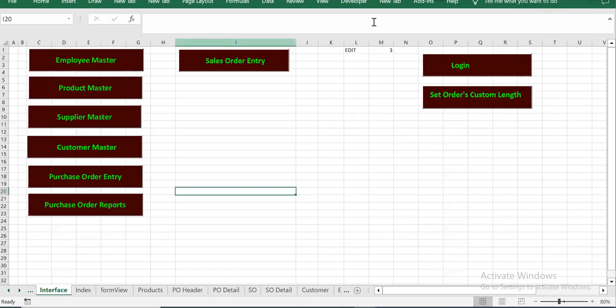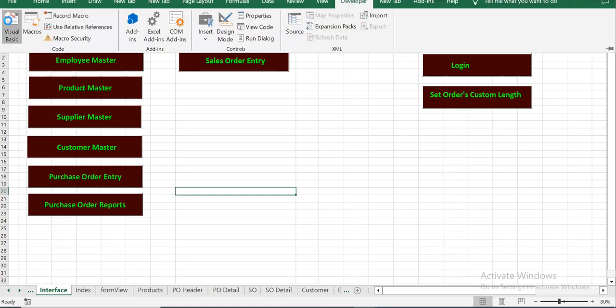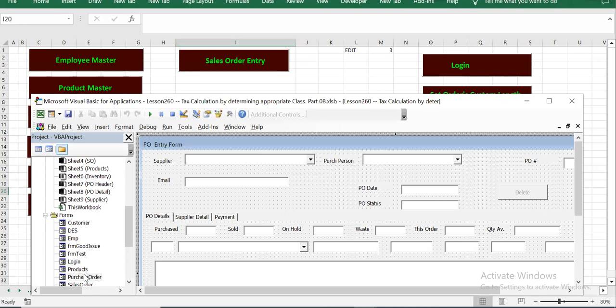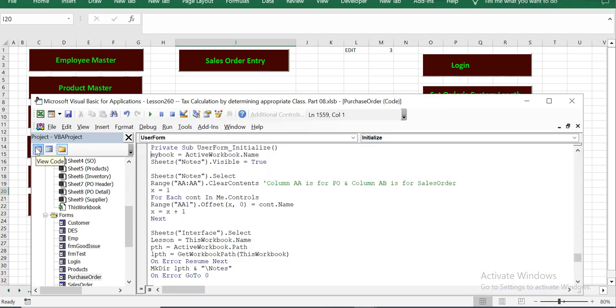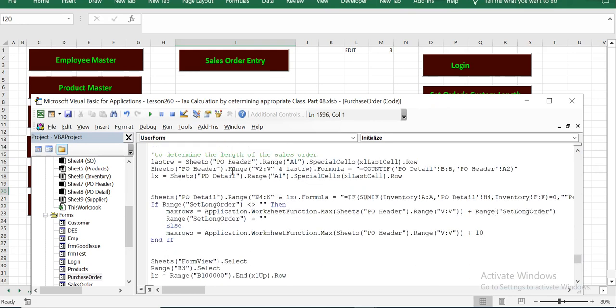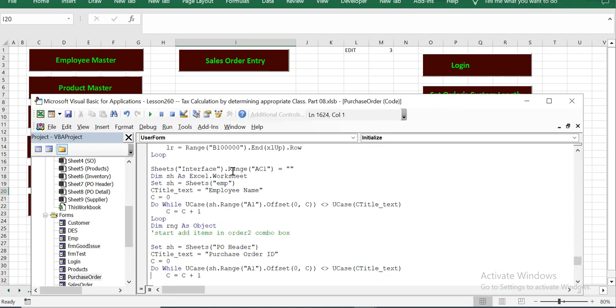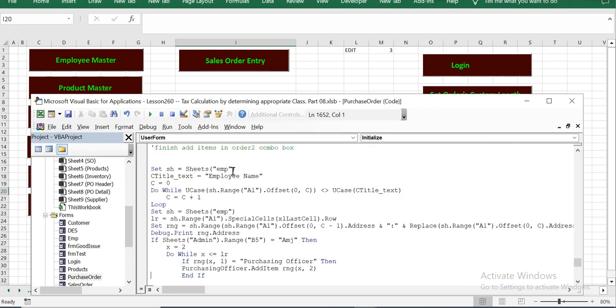We press Alt F11, and we go to the purchase order. In the purchase order, we go straight to the user form initialize, and here we go straight to where we are clearing all the things